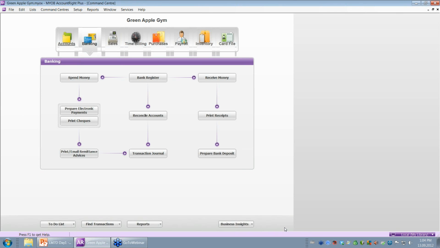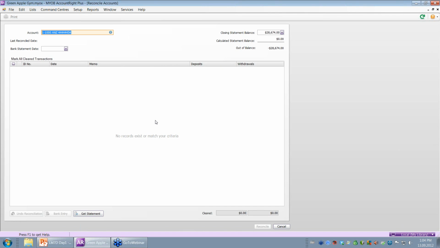And the next thing that we need to look at from page 86 is how a bank reconciliation is done. So if I click on the very center option here, which is reconcile account, this shows you a bank reconciliation in MYOB. What you need to do is enter the bank statement date. So we will enter